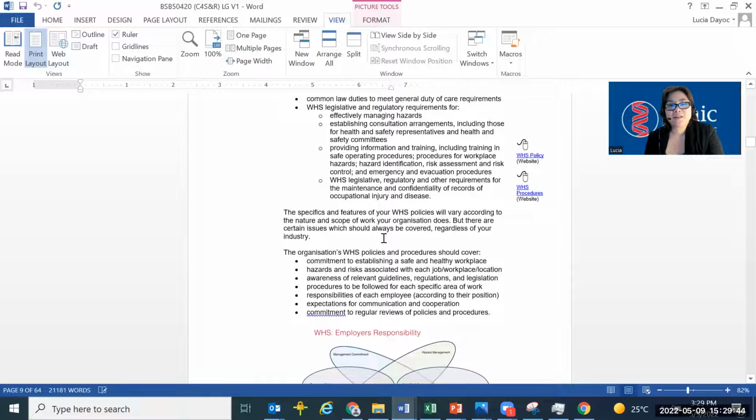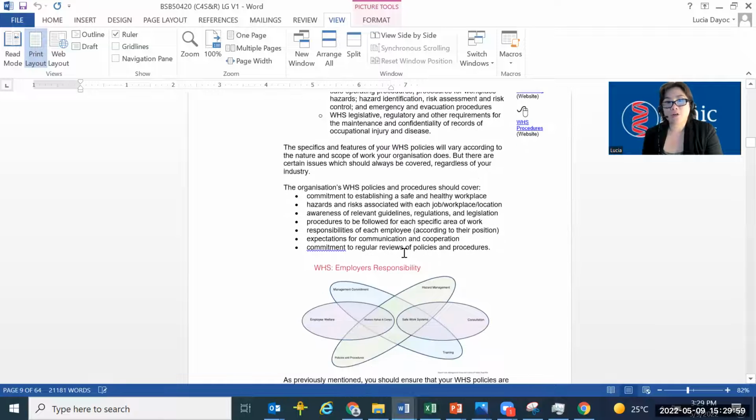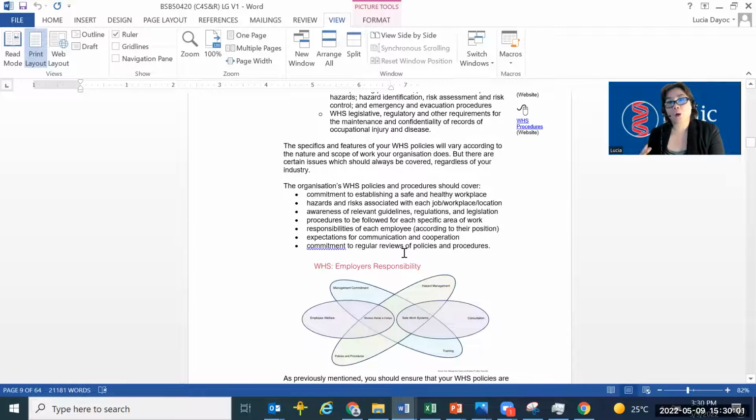Okay. So the specifics and features of your policies will vary according to the nature and scope of work your organization does. But there are certain issues which should always be covered regardless of your industry. So there are certain general, or what they call common ones, and it should be the following. These are the common ones that must be covered